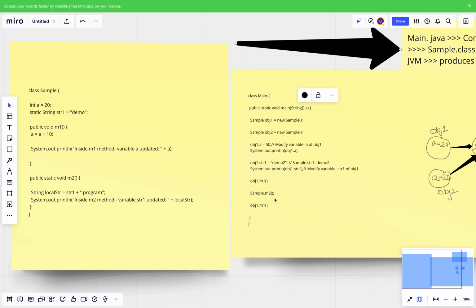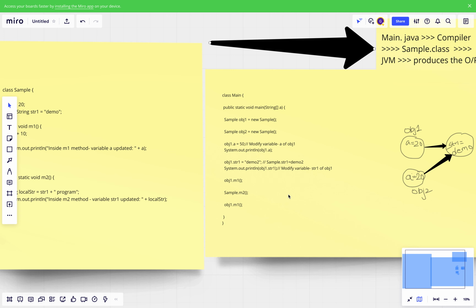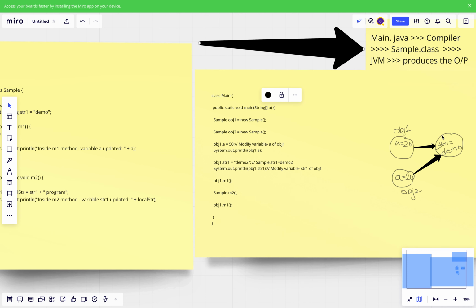All the static variables and static methods can be called using class names, because, as we have discussed, static variables get memory allocation during class loading. So there is a guarantee that even when objects are not created, the static variables exist.